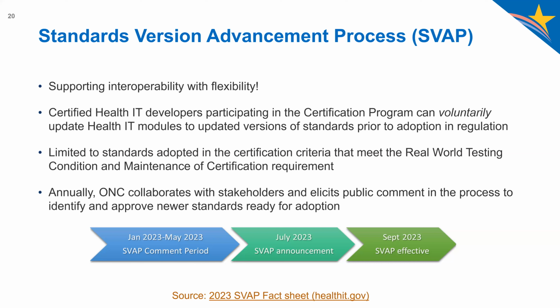From January until May of 2023 was our SVAP comment period, where people could look at the newer standards, make comments, and approve the ones that are ready for adoption. July 2023 was the SVAP announcement for the standards that have been approved. And then in September 2023, they are effective. So, next slide